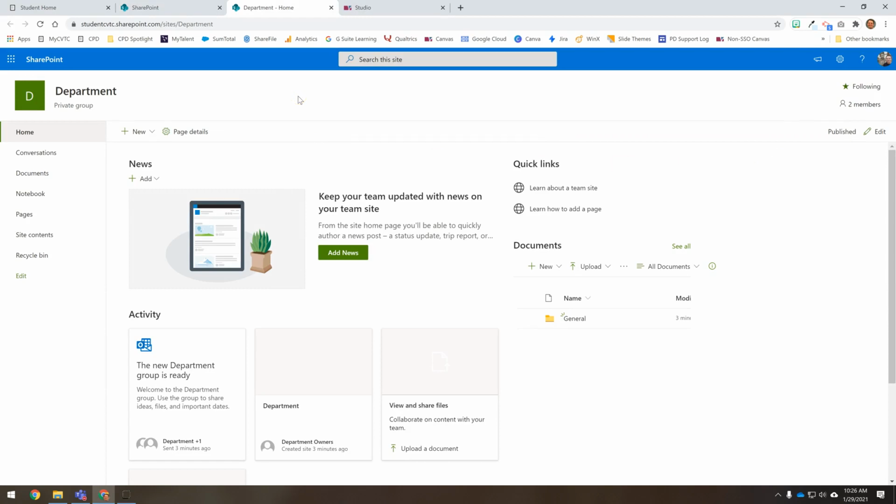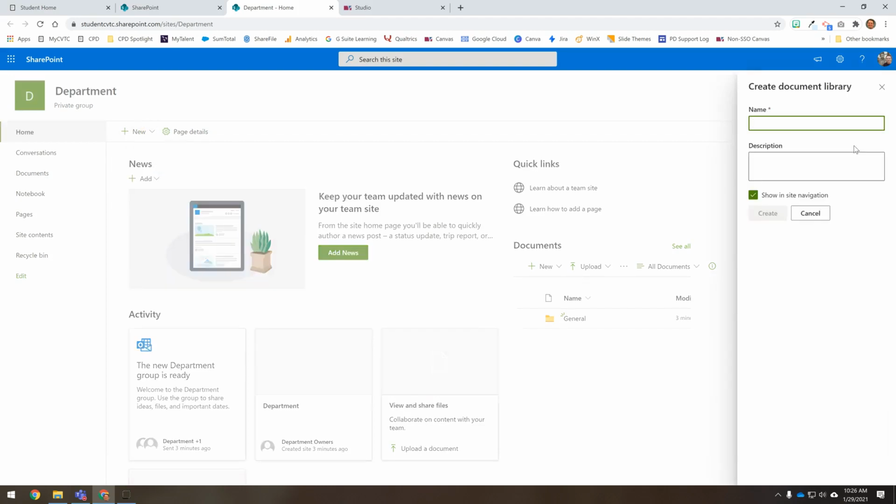Now that we have a SharePoint space for our team, the final step is to create an actual SharePoint library where you and your team members can store files. Technically, you could do this in the Documents area, but for reasons I don't want to get into right now in this video, it's usually a cleaner process if you just create a new library for you and your colleagues to store files. To do this, click on the New button, and then click on Document Library.